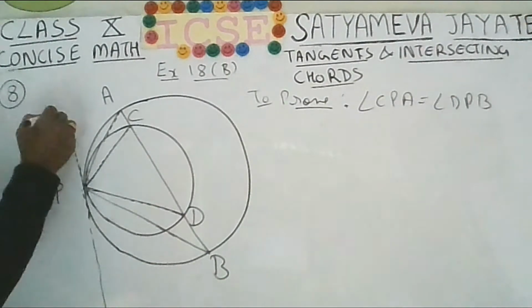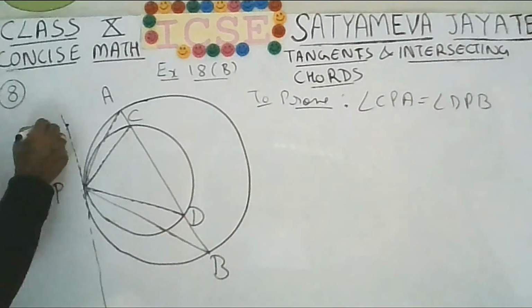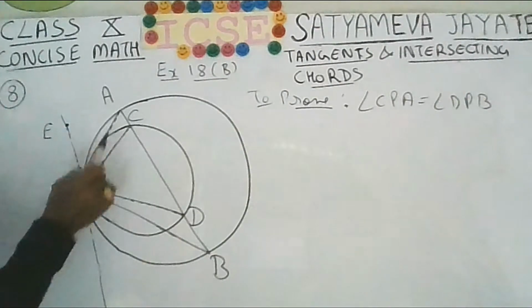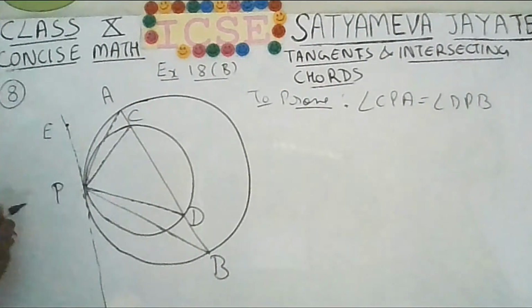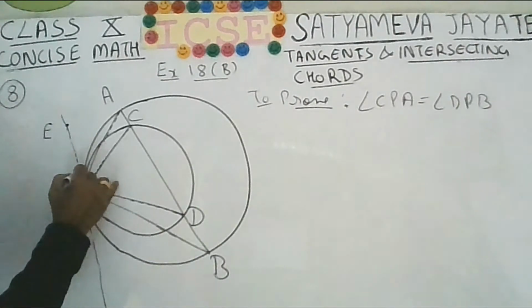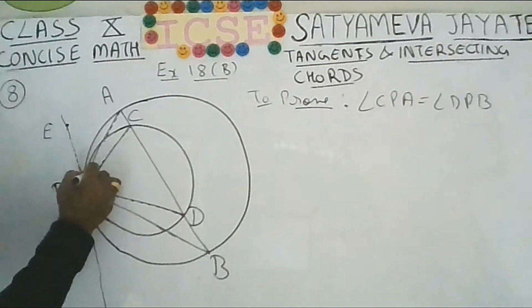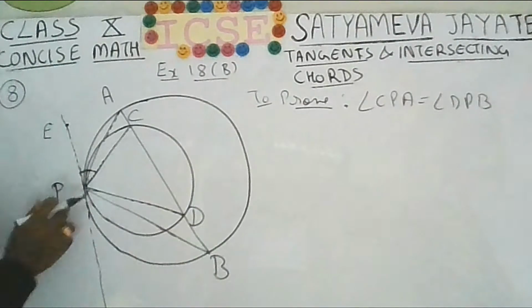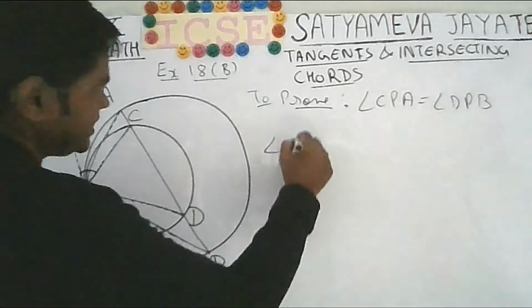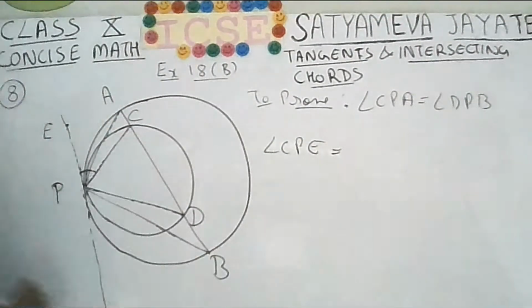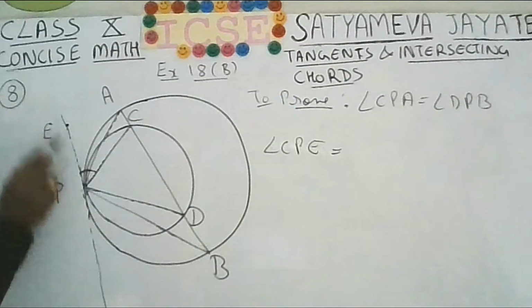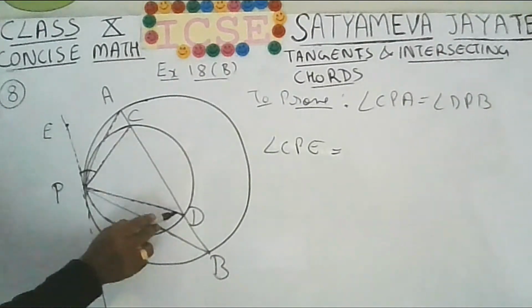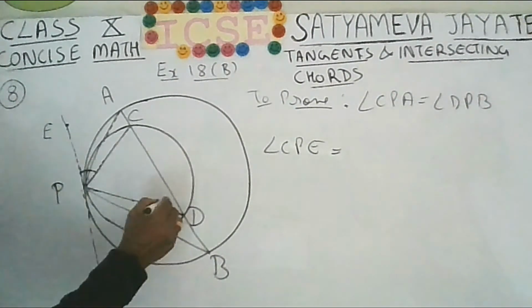Now let us call this point E. So you can see that angle CPE, that is this angle. CP is the chord of the smaller circle. So you can say that angle CPE will be equal to the angle in the alternate segment. So for the smaller circle, we want to say that CPE will be equal to CDP, this angle